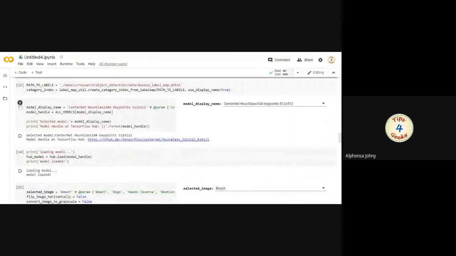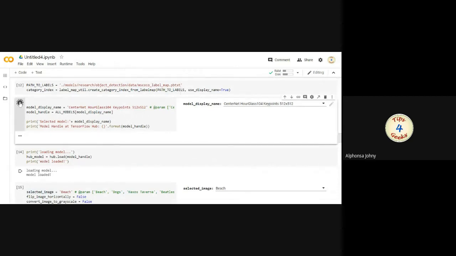The next step is we have to build a detection model and load the pre-trained model weights. In order to detect objects, there are different object detection models, so we have to choose one and import that model into our application.